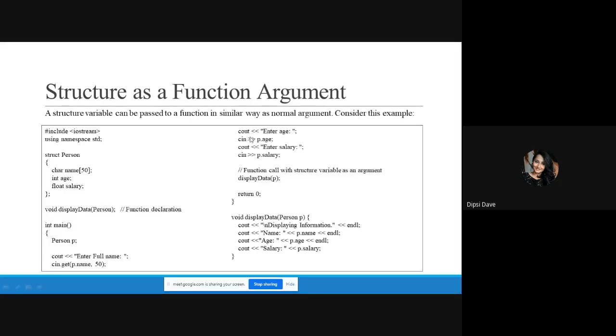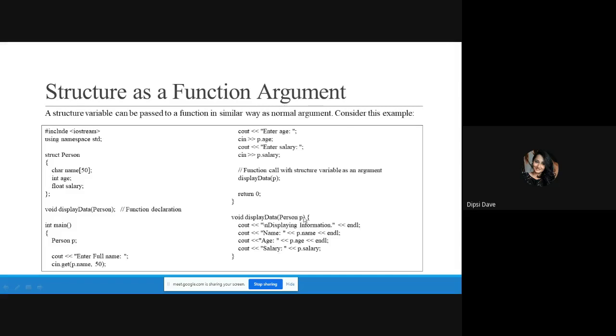Okay, now we have taken inputs from the user, and what we are doing is calling the function display data, and we are providing the p variable, the structure variable, as the argument. So what will happen, the control will go to the display data function, and whatever value is there in the local variable p will be copy pasted into the local variable p of display data, and we are just trying to print the values.